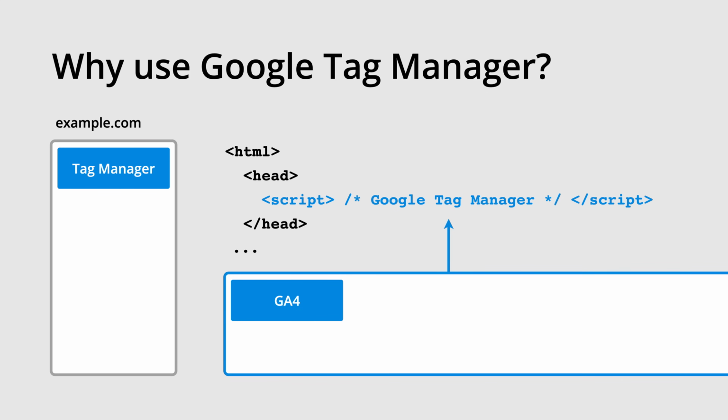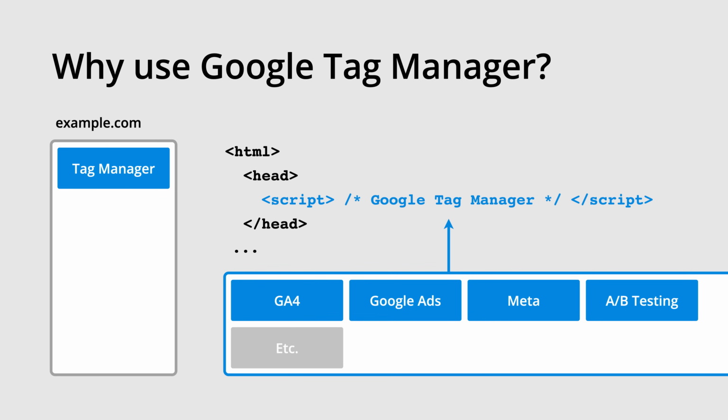Google Tag Manager lets you manage all of your marketing and analytics tags in one place. It acts as a layer between your website and the different platforms you're using. It also allows you to streamline the management of tags. For example, you might want to add the Google Analytics tag to all of the pages of your website. And then you might decide to add a Google Ads conversion tracking tag and a Meta Pixel for Facebook to track